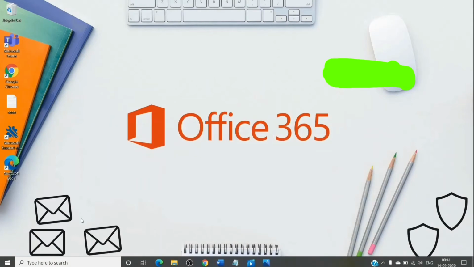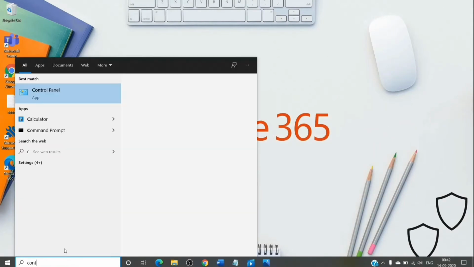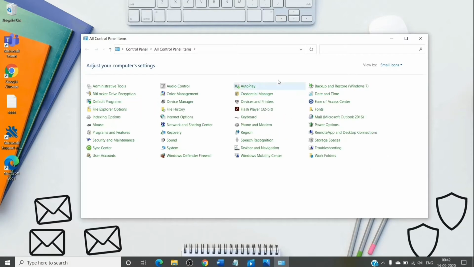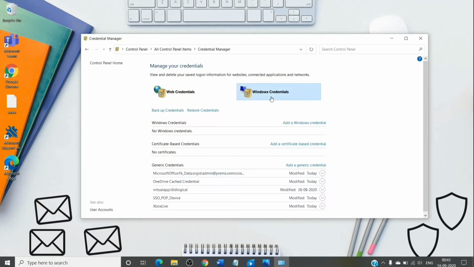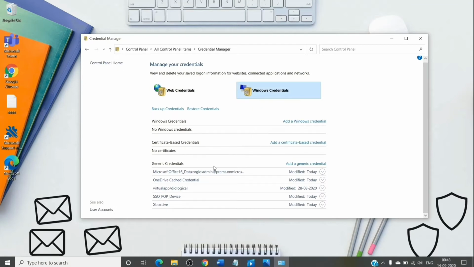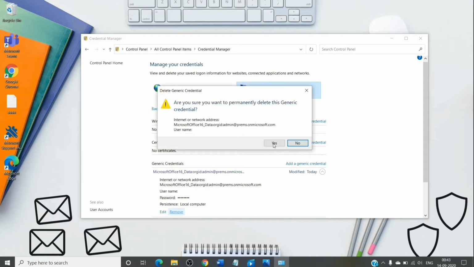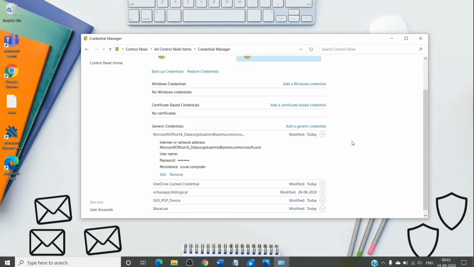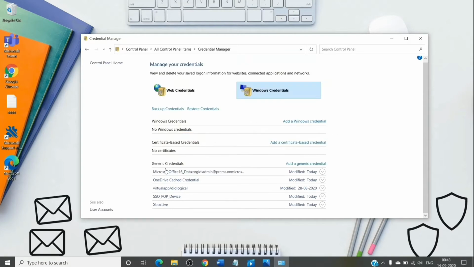Once you do that, we will go to Control Panel, and we will go to Credential Manager, Windows Credentials, and we will remove everything which has Microsoft Office 16. You can just click on the drop down and click on remove, and then hit yes on it. So it will remove the credential.